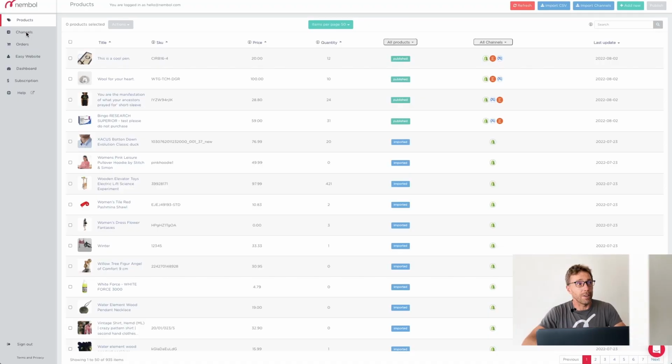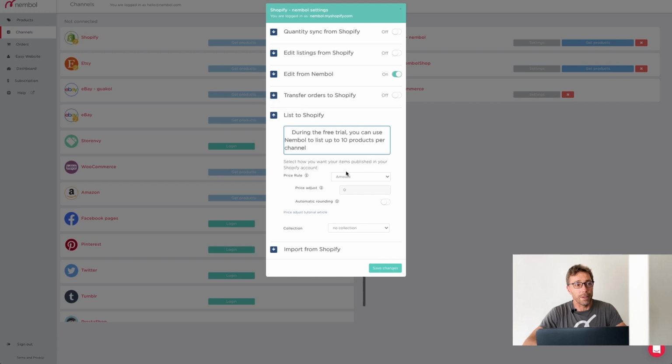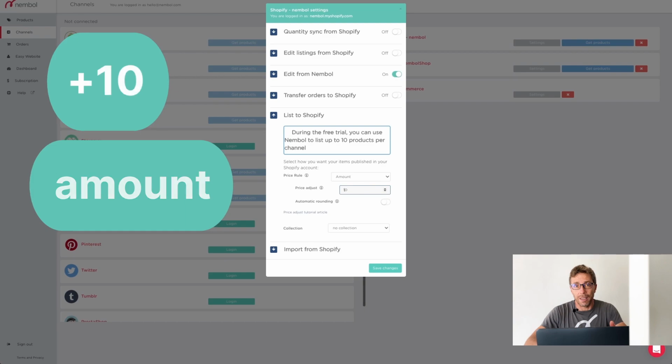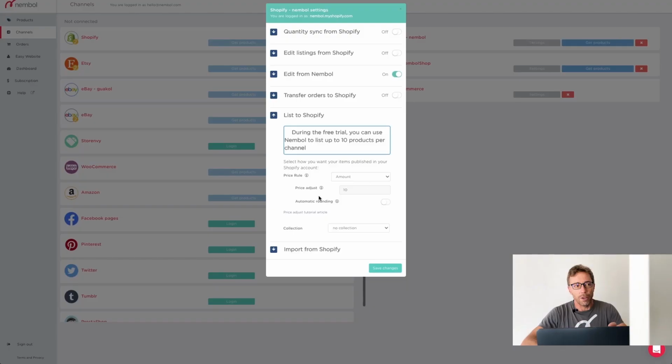First of all, we go in channels. I set Shopify, list to Shopify, you can open it, and there's a price rule which can be set either off or percentage or amount. So we keep this one as an amount and we make a plus 10. $10, 10 euro, 10 British pounds, 10 whatever is the currency of your destination channel, in this case Shopify. You see also the automatic rounding can be on or off, and we keep it off for Shopify